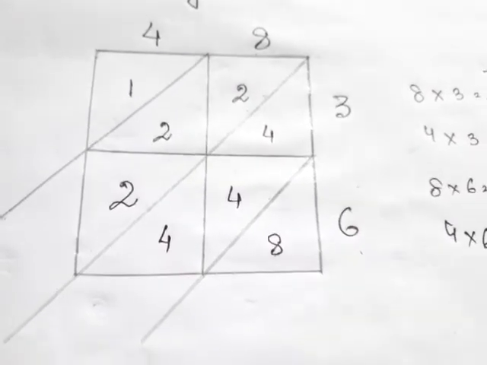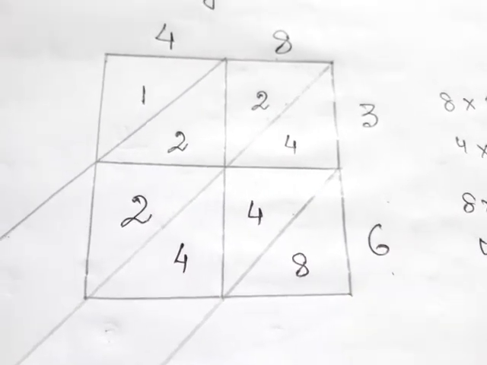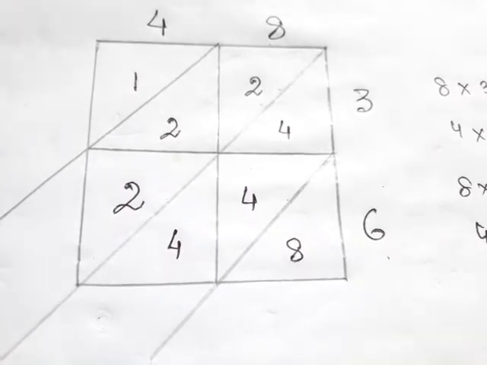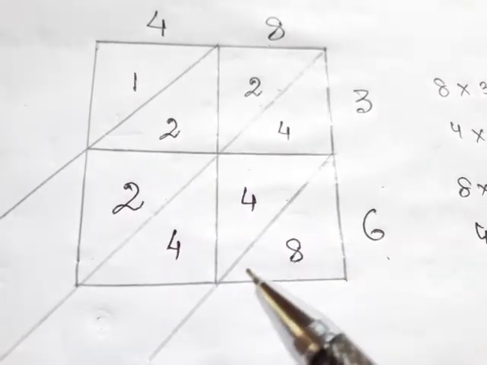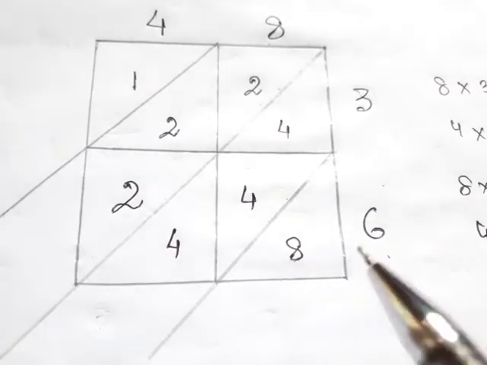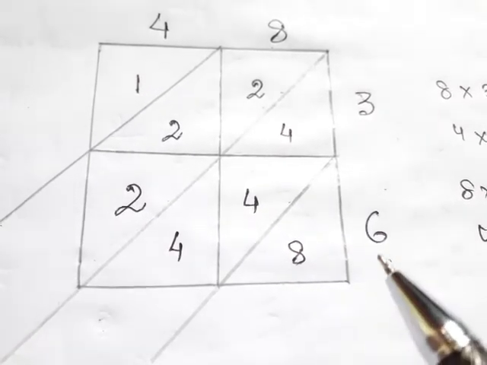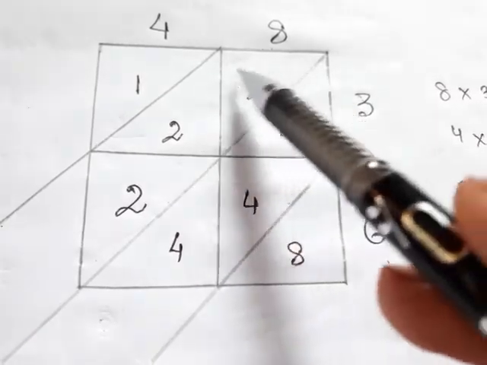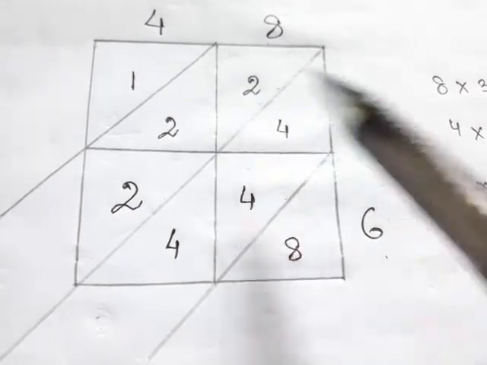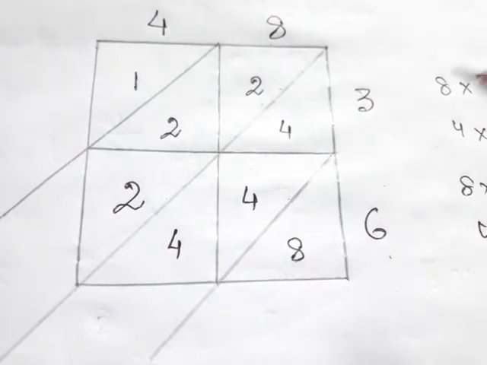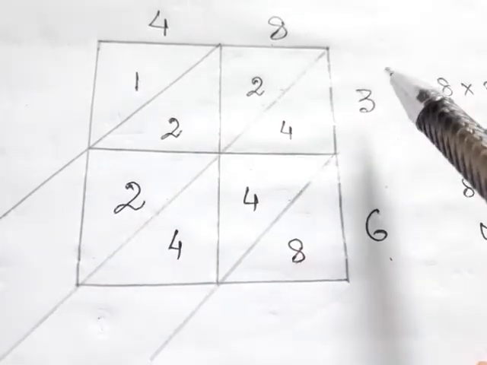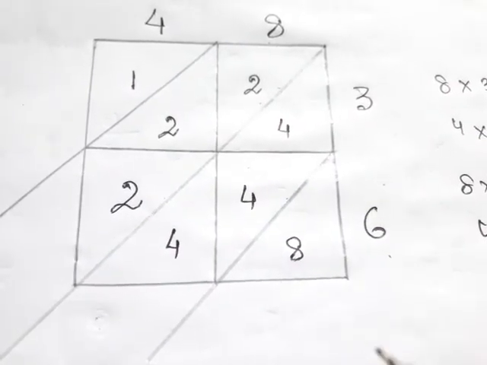Now the next step is to add. Before I add, I have to keep one thing in mind: if the product does not have a tens digit, record a 0 in the upper half. Supposing in my tens place I don't have any number, I will put a 0 here. That is in case of some other example I'm talking about. Here I have tens, so I have written in the tens place. Okay, so now I will add.